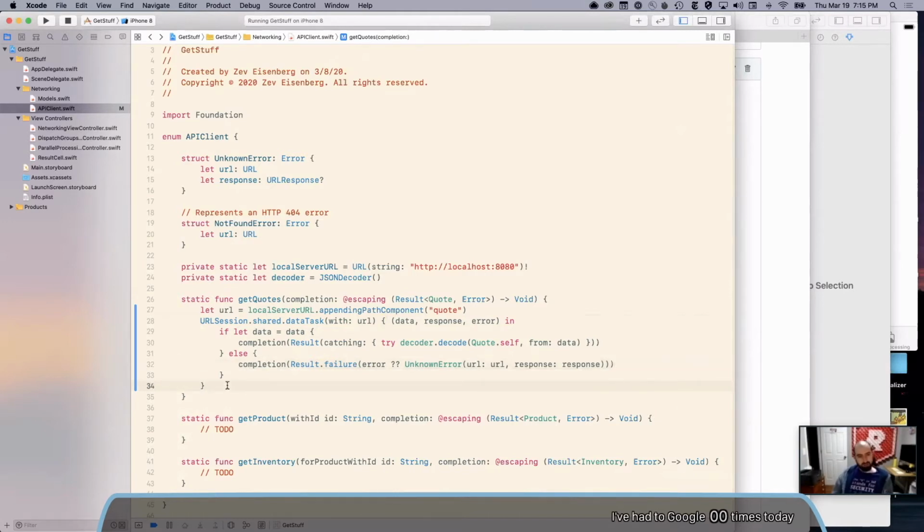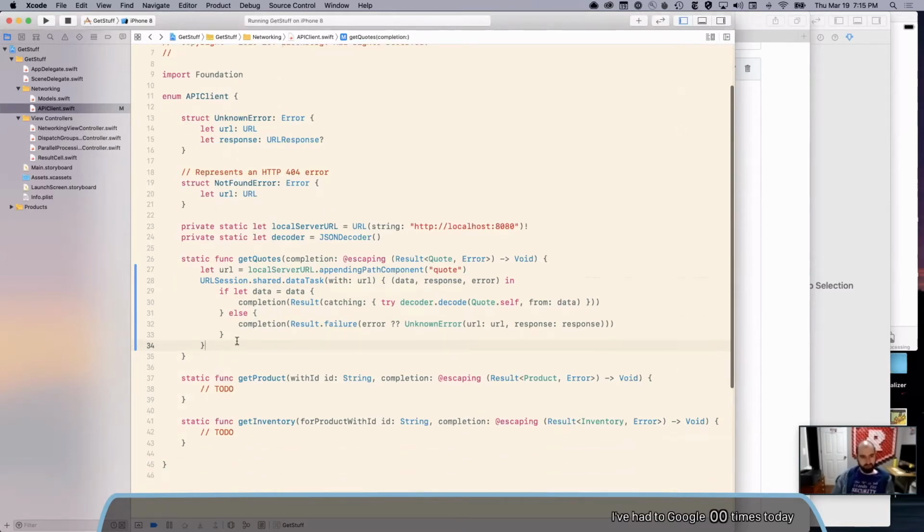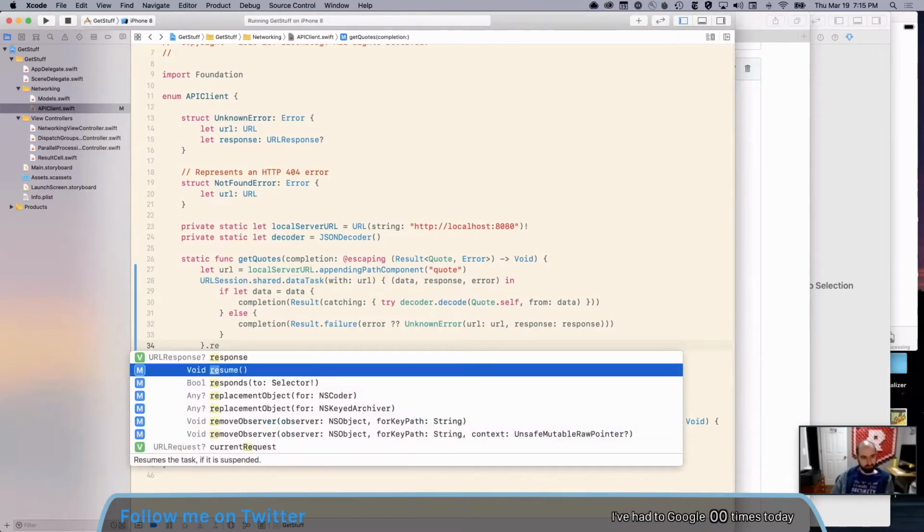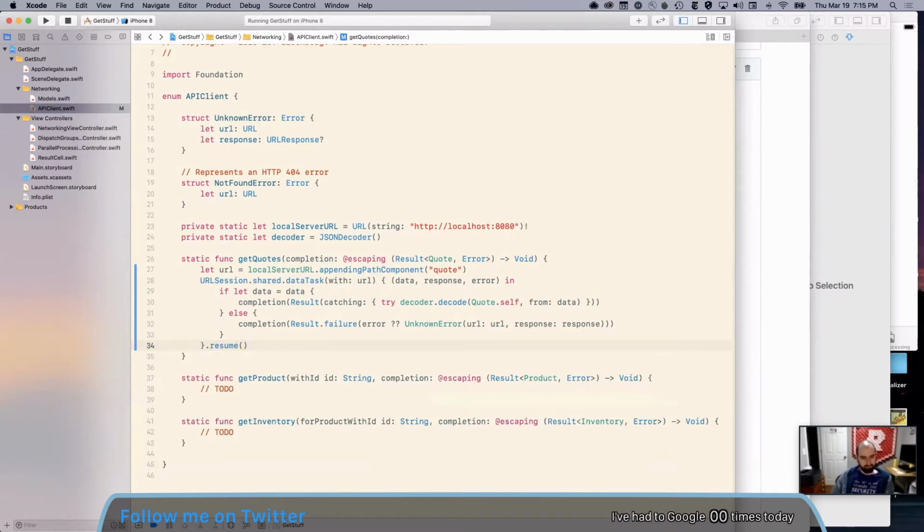And then the thing that trips everybody up, and I probably lost at least 10 minutes trying to debug this when I was writing this the other night, is that when you make a URL session data task, you have to call resume on it or it will just sit there not running. I can't tell you how many times, even on stream, that I forgot to add the resume. I'm just, why is this not working? It's rough. There should be like a 'forgot to call resume' warning.